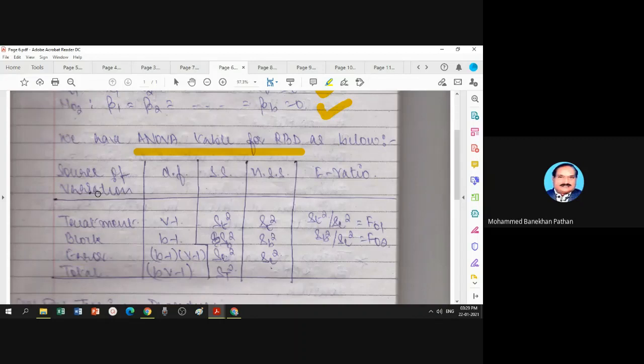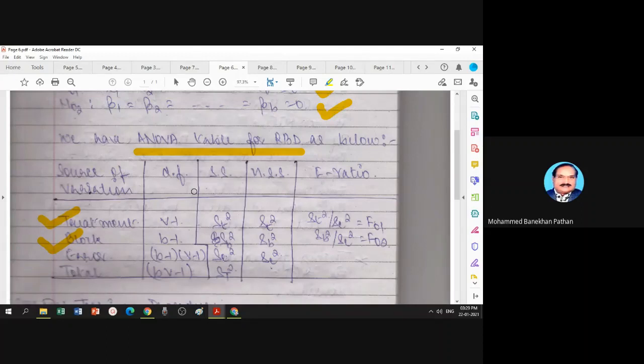So under RBD, we have two assignable factors. One is variation due to treatment under study. The other is variation due to the material, that is a block. And the third is variation due to the chance causes, called an error. And then you make a total: this plus this plus this gives the total variation.